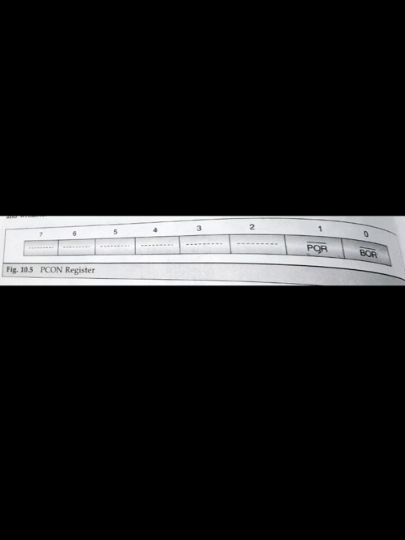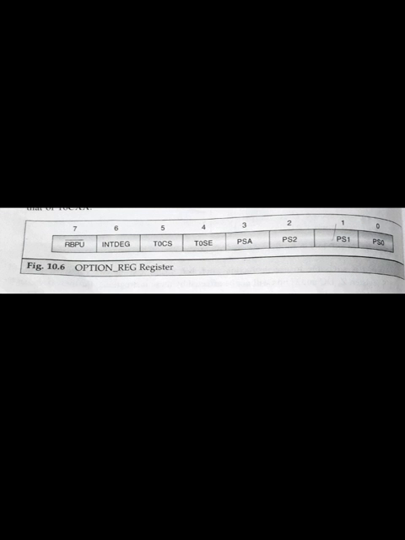The next register is the option register. Here the option register is an 8-bit register, which is readable as well as writable. All the bits or flags are readable as well as writable. We are discussing the option register.